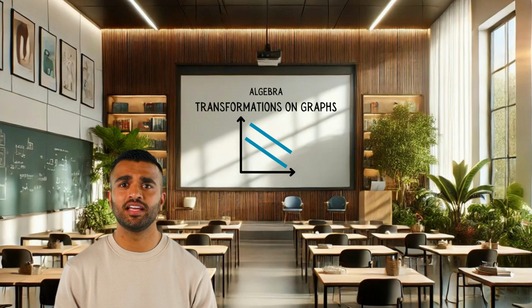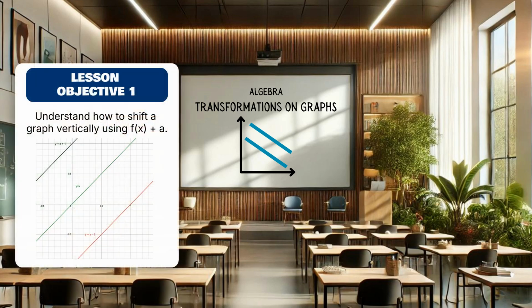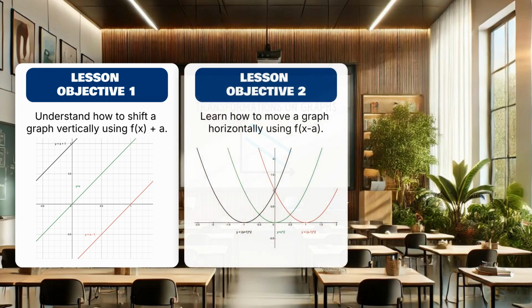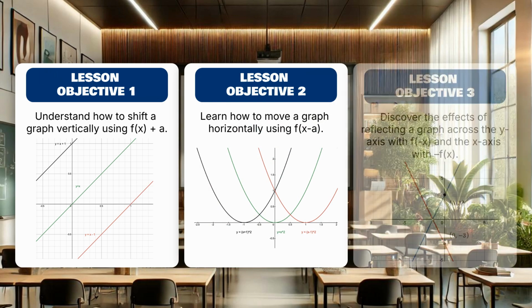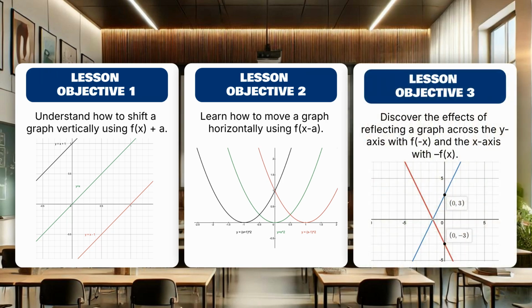Our primary goals today include: 1. Understanding how to shift a graph vertically using f(x) + a. 2. Learning how to move a graph horizontally using f(x - a). 3. Discovering the effects of reflecting a graph across the y-axis with f(-x). After explaining these transformations, we'll apply this knowledge to a series of examples to reinforce your understanding and illustrate practical